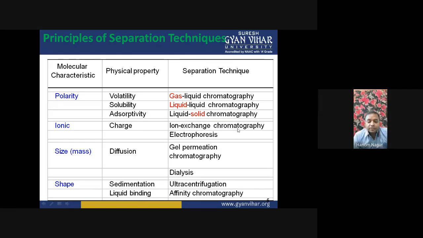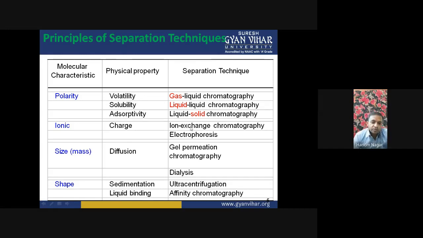So actually, in ion exchange chromatography, there is an exchange of ions between the stationary and mobile phase. The charge means, for example, more positive charge or less positive charge. The extent of the charge will be the basis of their separation, or the interaction or exchange between the mobile and stationary phase.